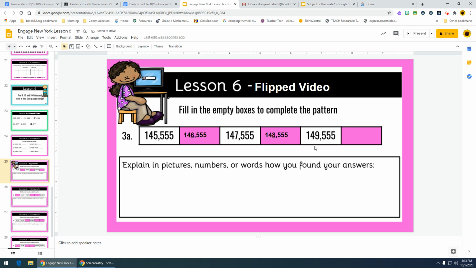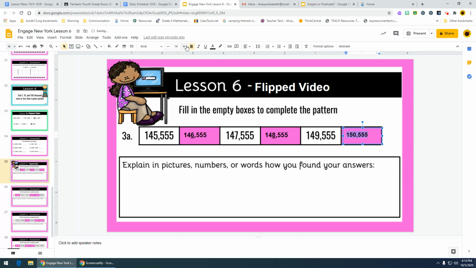Now we'll go to the next one. I have 148,555, 149,555. Well, what comes after 9? 10. So we're going to have to change that 4. That 4 is going to become a 5, and we get 150,555. Okay. Our thousands place changed. It changed from a 9 to a 10. So we had a 0 here, and we added 1 to our 10,000s place. So it says in the bottom, explain in pictures